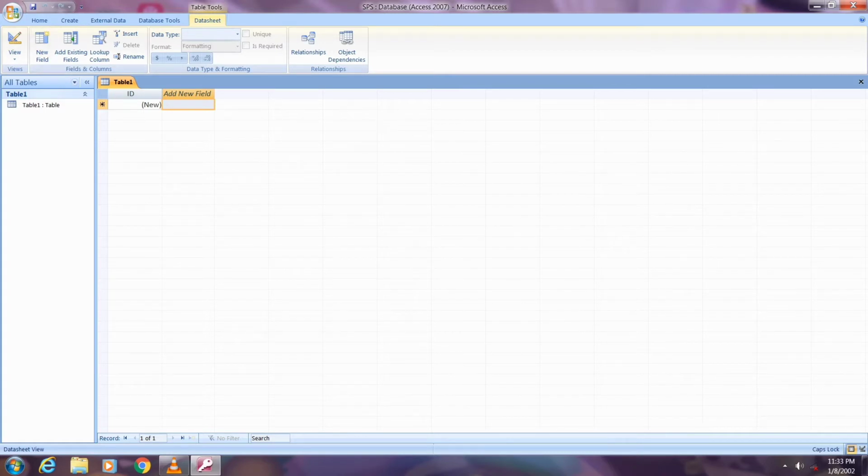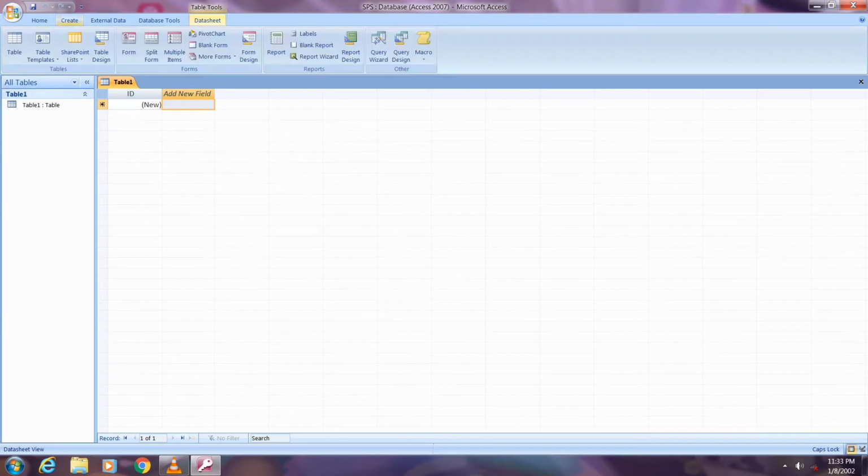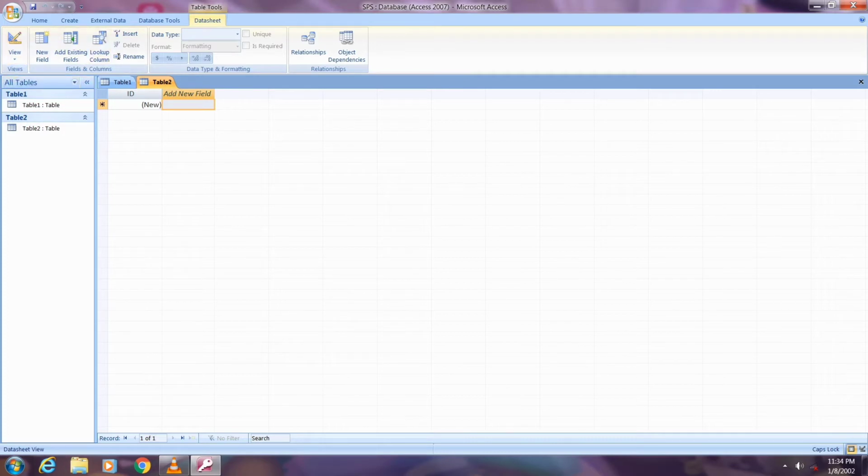You can create a table by clicking on the Create tab. Click on the Create tab, then click Table. Then you can see here, this is Table1, that was the default table you were provided. Then you click on the next table, then Table2 is provided to you. You can visit the tables by clicking on any table in the left side pane. Only click and go to Table1, click and go to Table2.